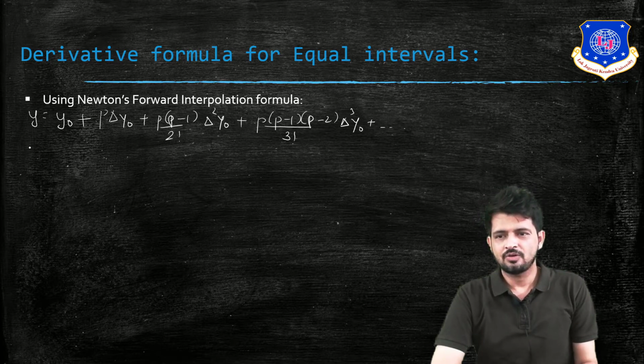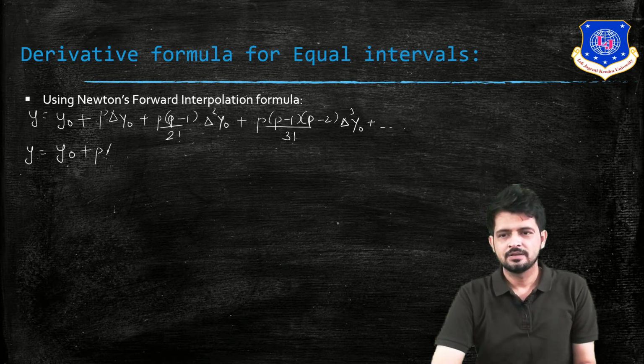We can also write it like this. Let us simplify: y0 plus p del y0 plus (p square minus p) upon 2